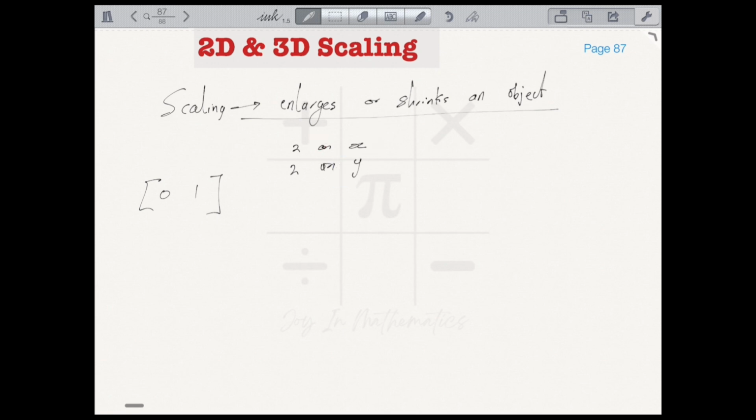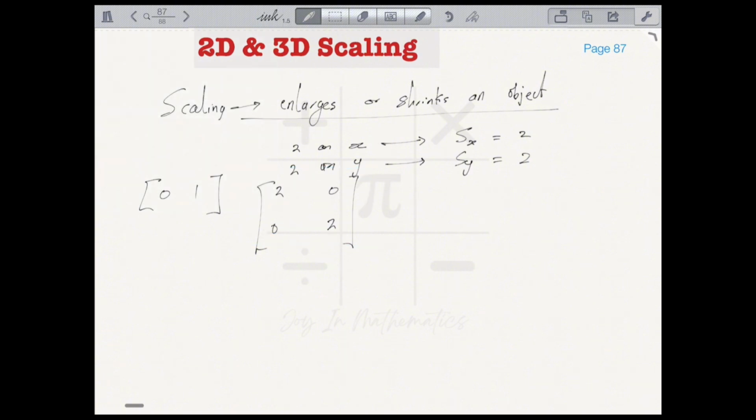So the scaling factor is represented by s. So my sx is equal to 2 and sy is equal to 2. So I can just go ahead and multiply the x term by 2 and also multiply the y term by 2. So the deal now is to have the matrix 2, 0, 0, and 2. So I can say this is my scaling matrix,